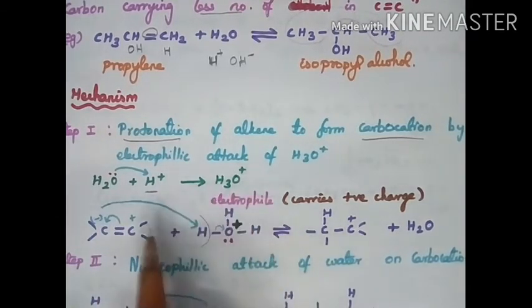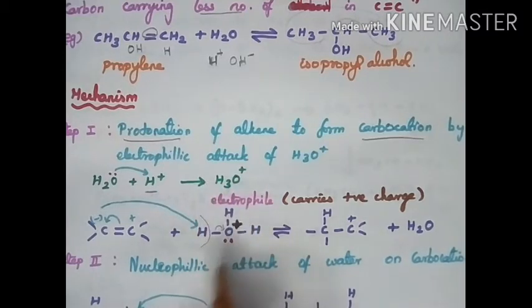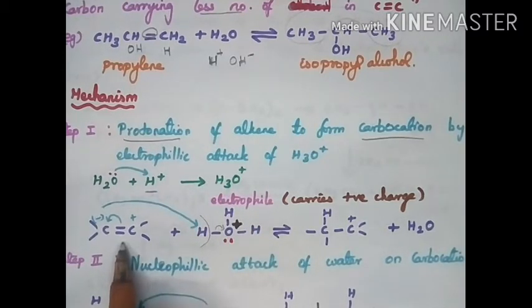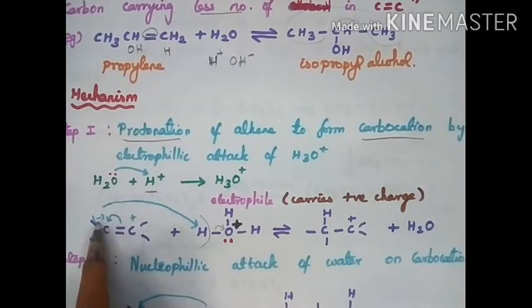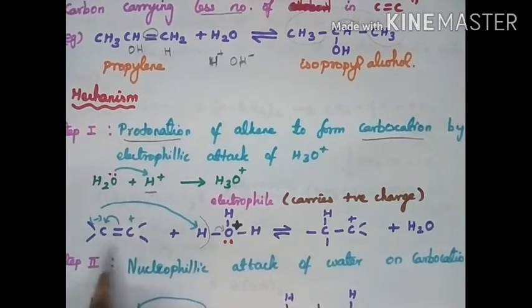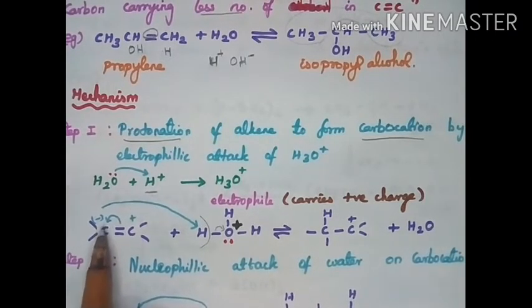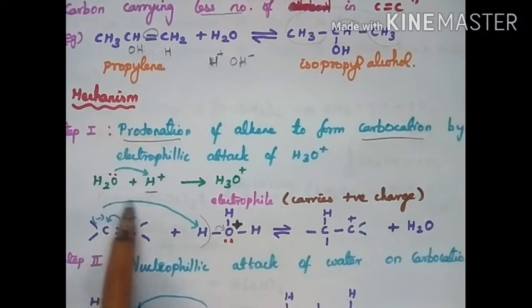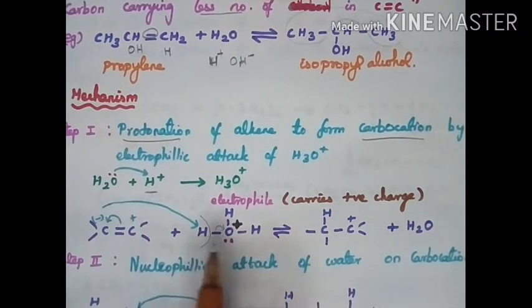Now this H3O plus is involved in reaction with the alkene. C double bond C is the alkene, no? Now shift one bond to one carbon. So this becomes minus and this becomes plus, because the double bond is shared by both carbon atoms. If you remove one bond to one carbon, it becomes excess and the other becomes deficient. That is shown by minus and plus. This minus carbon has a tendency to attract the H plus ion.